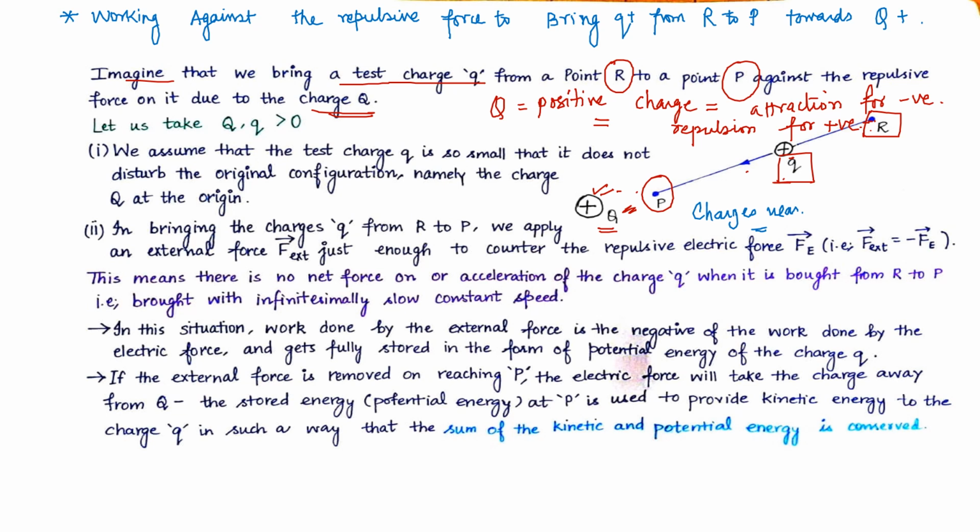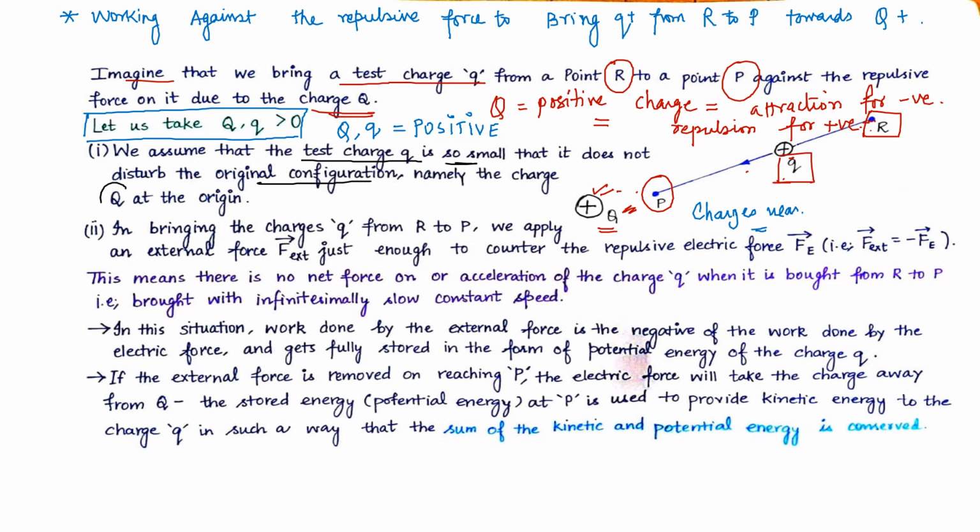So what we have taken is, let us take capital Q and small q greater than 0. What does greater than 0 imply? That our capital Q as well as small q are both positive in polarity. Hence they will show repulsion. That's actually of no debate. Now we assume that the test charge small q is so small that it does not disturb the original configuration,